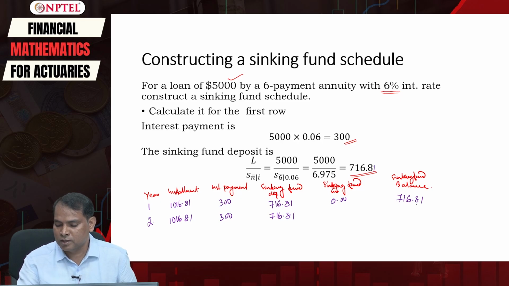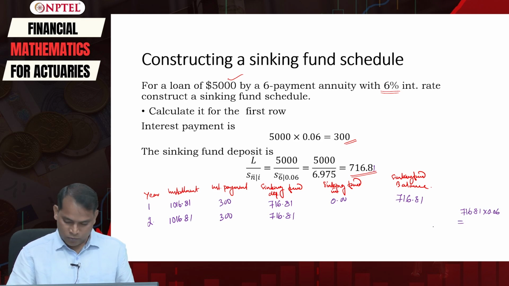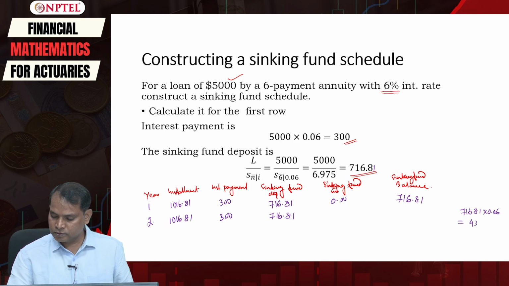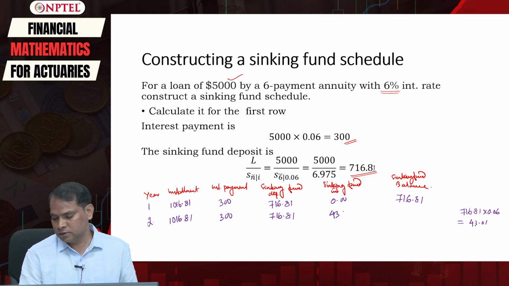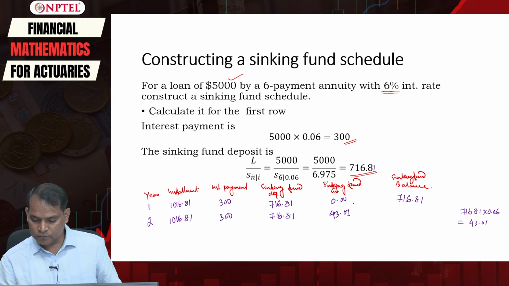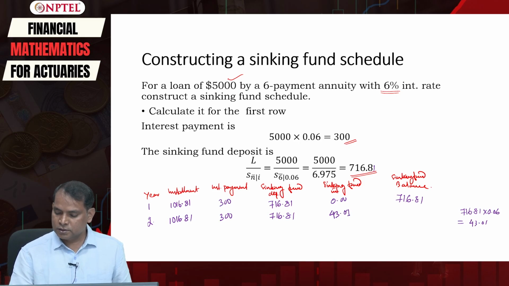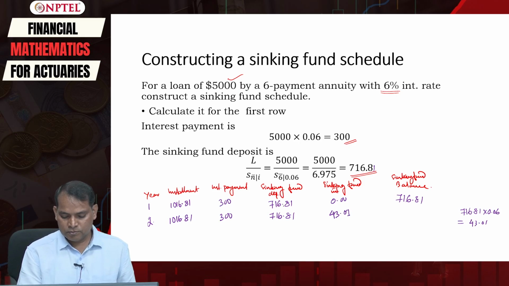So you just multiply 716.81 by 0.06, which gives us a value of 43.01. That value we can just write here, 43.01. And then the sinking fund balance is therefore this one plus this one plus this one, which will become